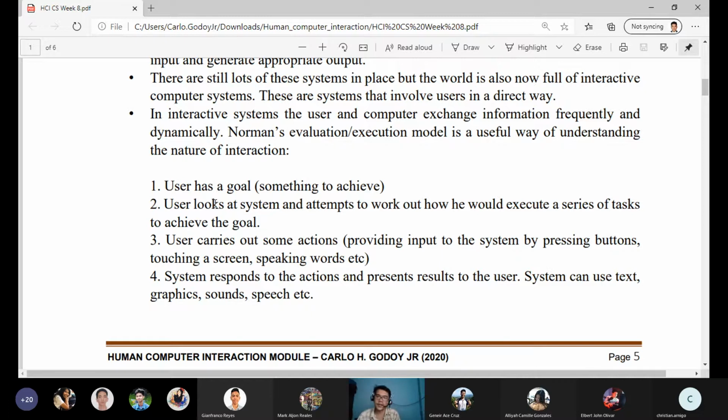Let's say, for example, fund transfer or enroll a student if they are using an enrollment system. So the third one is user carries out some actions. So providing input to the system by pressing buttons, touching a screen, speaking words, etc. So when we say interactive system, it's not all the time that the client needs to perform an action. So sometimes he just needs to operate it by voice command. So that depends on the result of your interview with the client and what the client wants on the final